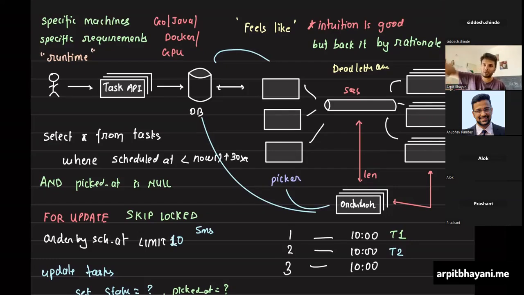Right. Now, for you to notify the user that your task failed, there are two types of failures. Either it's a handled failure or it is an abrupt ending to the task. Handled failure, you can directly update in the database that this task failed at this time. But if it is an abrupt failure, then there are two ways to do it. Either you wait for the time for you to declare that this task failed, or somehow your worker knows that this task failed. Maybe a small daemon running that will say this task is not running at the moment. Maybe if your worker has some sort of in-memory state where it is keeping track of the active tasks at the moment, then you can actually query the worker.